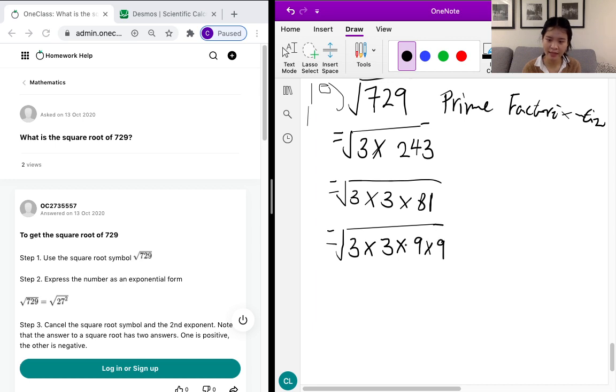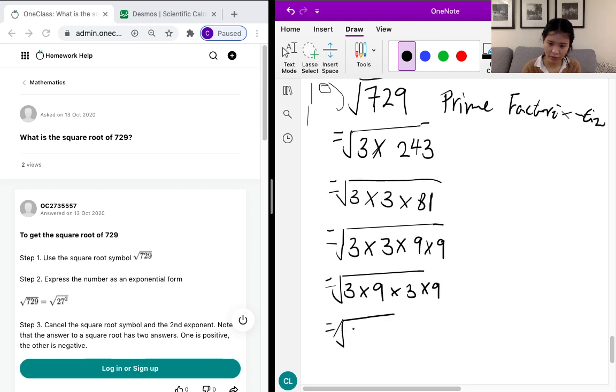So this is our factorization. It's not a prime factorization because not all of these numbers are prime, but we already know 3 times 3 is 9, so this would just be 4 3's multiplied together. So from here we can group one 3 with a 9, and another 3 with another 9, which would be equal to